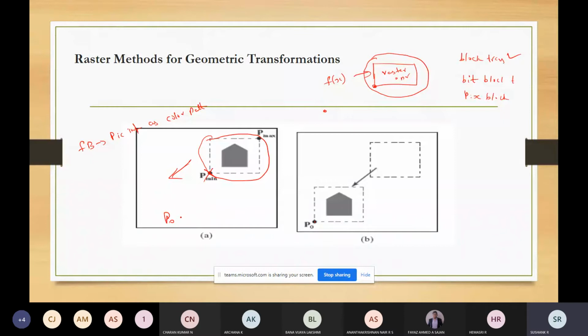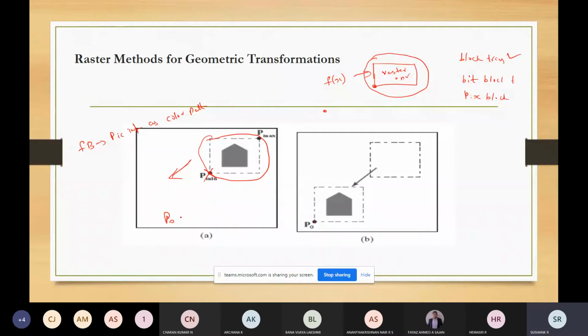So this was the figure. This figure illustrated the two-dimensional translation, which was implemented as a block transfer of that buffer area. I translated an object from some position, which was at pmin, to a new position p naught.